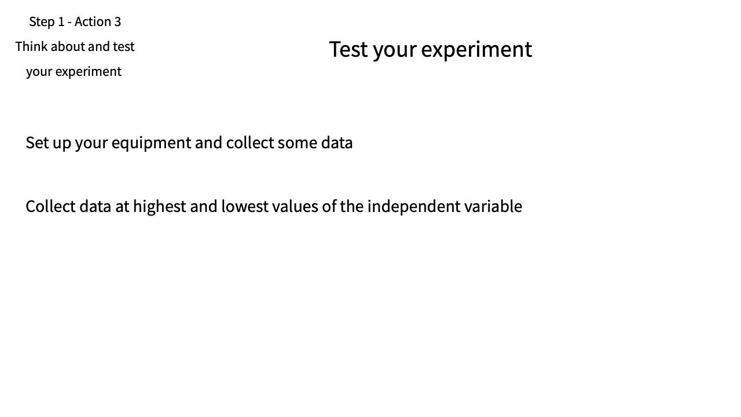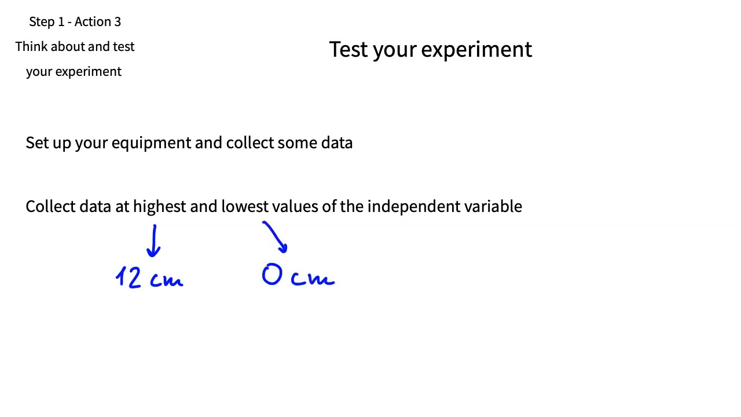You will need to set up your equipment and collect some data. It's best to carry out tests at the highest and lowest values of the independent variable. In my experiment, I used a glass with a height of 13 centimeters. So my highest independent variable value is 12 centimeters, and the lowest value is when the glass is empty, so